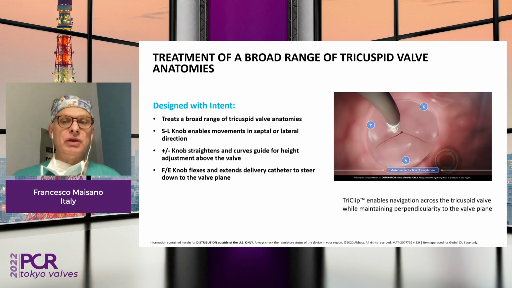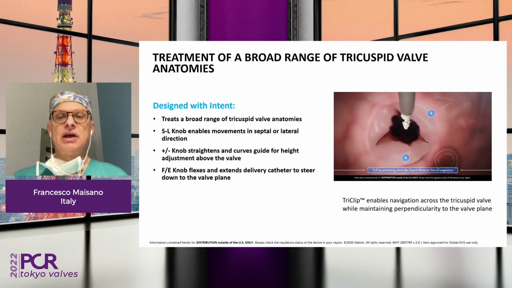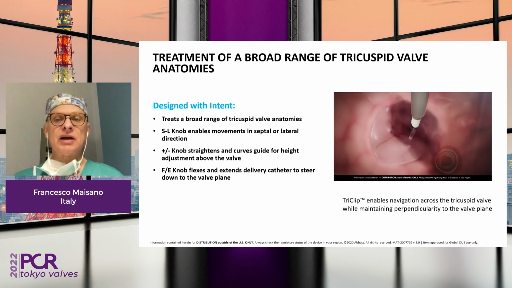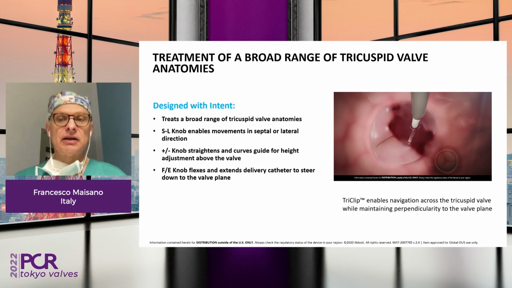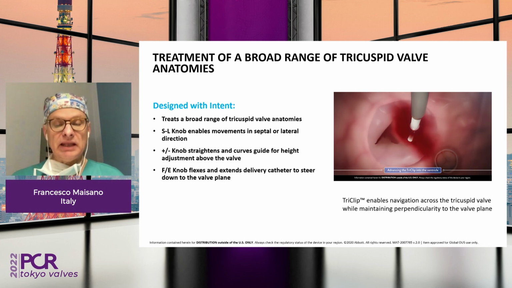You really need to be able to navigate, as you can see in this animation, in the line of coaptation. The typical approach is to start with the anteroseptal clip implantation,